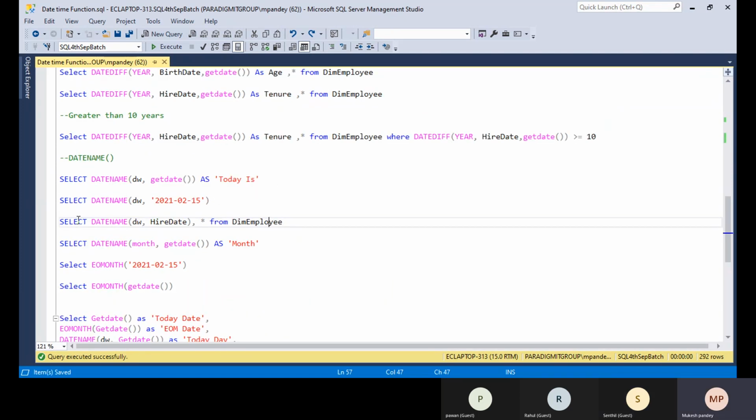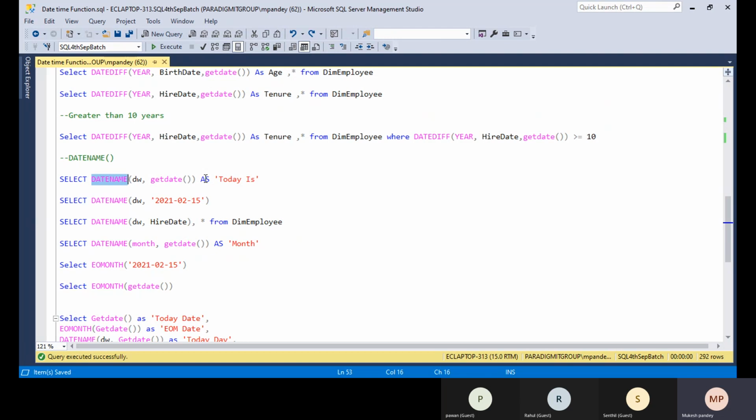The next function is the DATENAME function. The DATENAME function is basically used to print the name for any date part, whether day, month, or year.